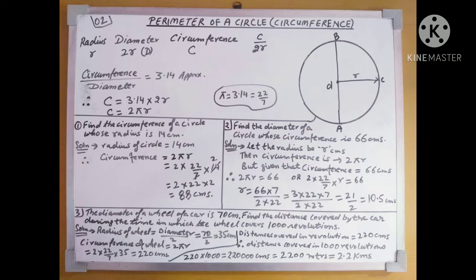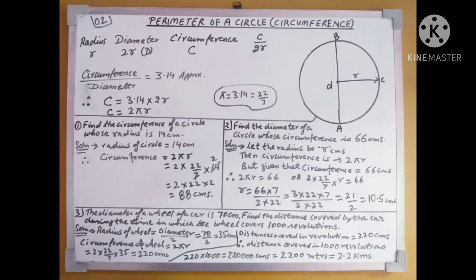Now one very important thing is the radius is r and the diameter will be twice of this, 2r. An important observation is that if we divide the circumference c by the diameter, that is 2r, it is always a constant. Now what is this constant? Whenever you have a circle with a given radius and a given circumference, if you divide the circumference by the diameter, you will always get the answer as 3.14 approximately.